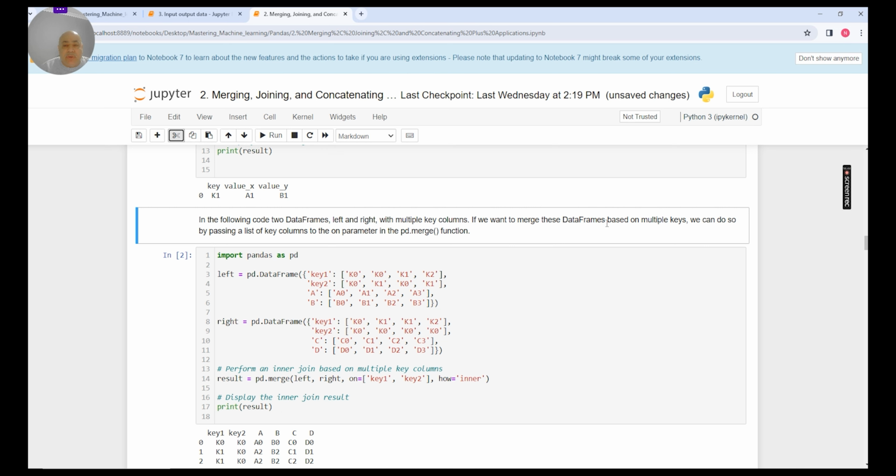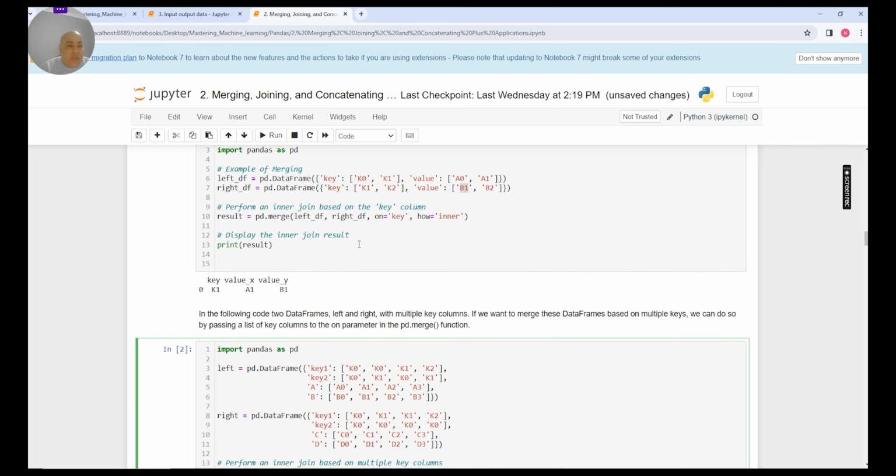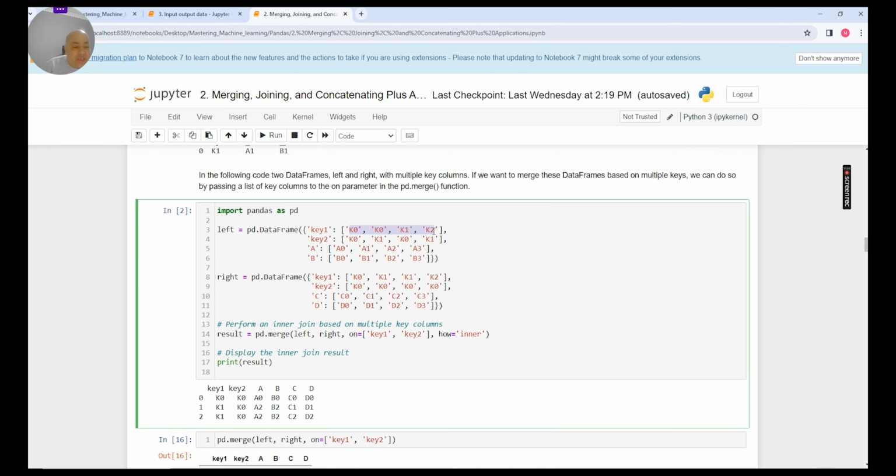Okay, now let's see another example. The data frame on the left and the right, if I want to merge them based on multiple keys. So I'm going to pass multiple keys. I have key 1 and key 2, key 1 and key 2. In the previous examples, I had just one key for each of the data frames. Now I have data frames with two keys. I have key 1 and key 2 for data frame left, and I have key 1 and key 2 for data frame right,